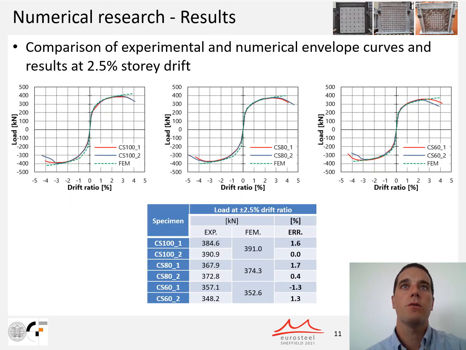Finally, experimental results were compared with the numerical ones. As the simulation did not incorporate failure of the steel material, the results could only be compared up to the point when cracks start to open. In experimental research, this never occurred before 2.5% story drift ratio, which also turns out to be the ultimate displacement limit according to Curkovic. As shown in the figure, experimental and numerical results seem to compare well. Realized strength at 2.5% story drift ratio is compared in the table, and high correlation of the results has been achieved, where the highest strength deviations exceed experimental results by only 1.7%.